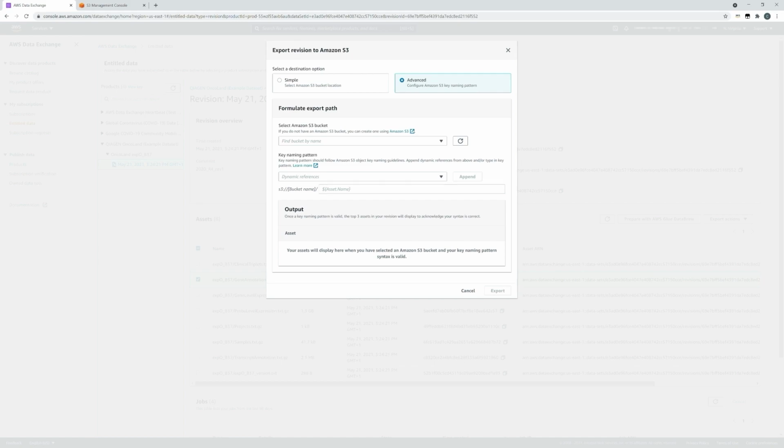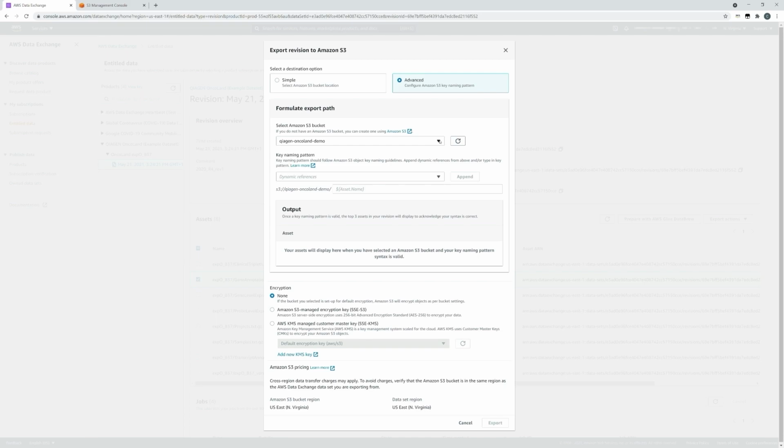S3 key naming patterns will help us to structure the data in our bucket. If all of the files were in an identical format, we'd want them all in a single folder so that they could be read as a single table. But in this case, each file contains differently structured data. So here we'll want to separate the files into their own folders, with each folder representing a file or a specific table of data. So the first thing that we'll do is select our bucket.